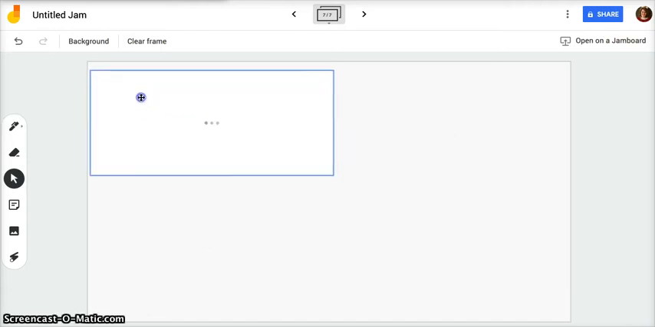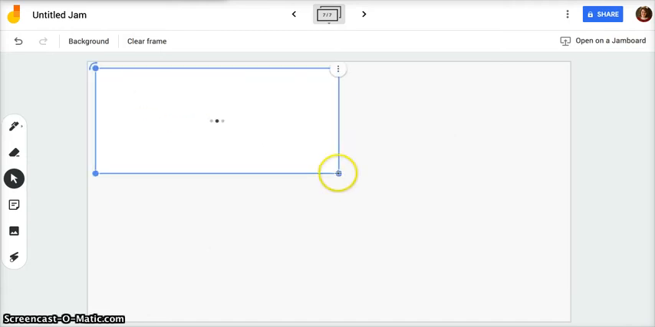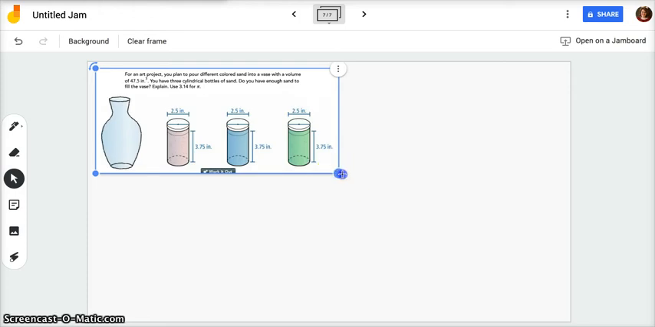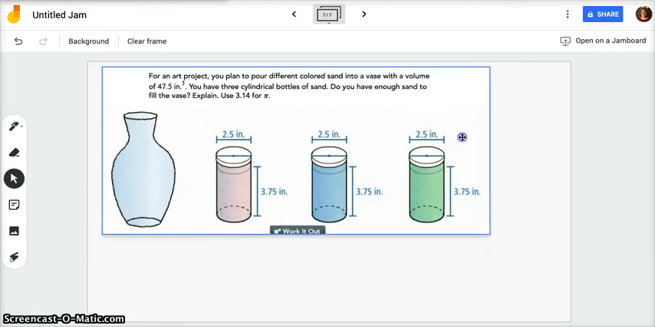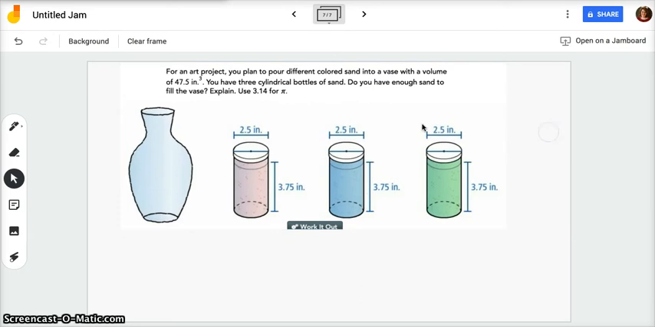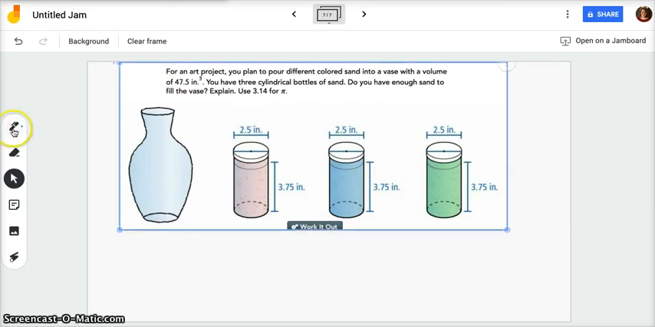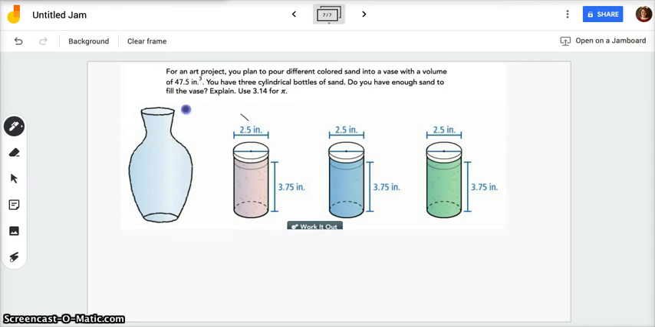All right, so that one, did you hear the difference? They said use 3.14 for pi. So it doesn't want us to leave it in terms of pi. So that means we get to actually do some multiplication here. So here's our problem. We are trying to take these 3 colored sands and pour them into this vase. And they want to know if there's enough to fill the vase. And the vase can hold